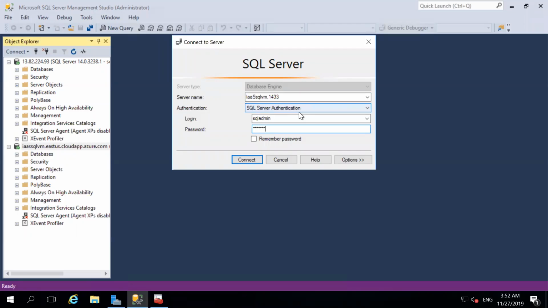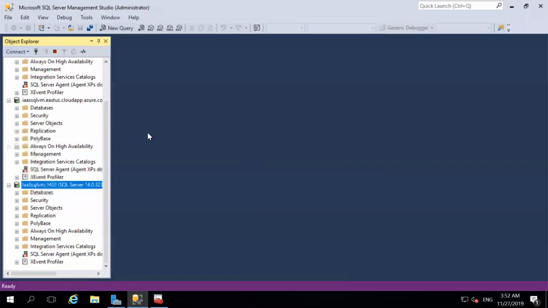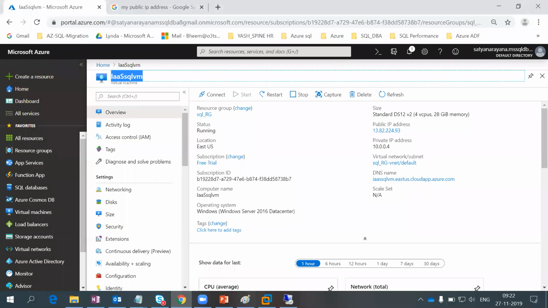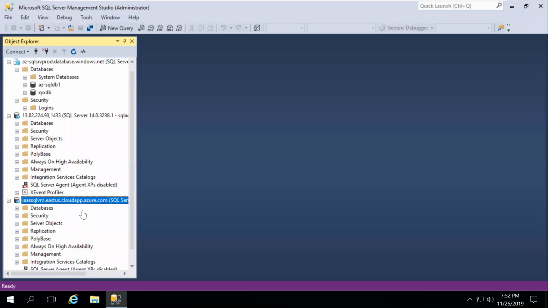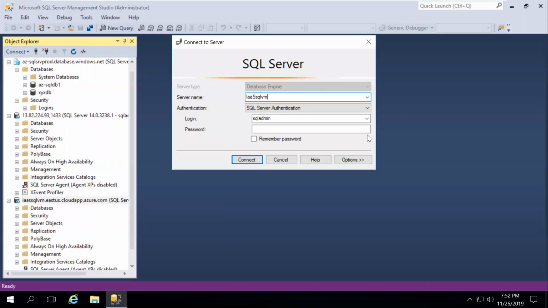Why can't we connect with Windows authentication? Let's try. Yeah, I'm able to connect, right? So from my local desktop I could connect with this IP and this DNS name as well. So these are the multiple ways to connect from on-premises to the cloud end, and you can also try